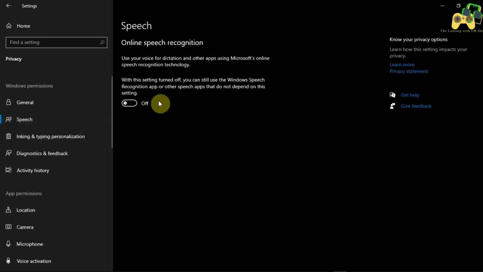If you use the Windows speech recognition feature, then you can keep this on, but I recommend keeping it off because apps like Cortana can really slow your PC down. It's your preference, your choice. If you want to keep it on, that's no issue. But you can also try it by trial and error. If off makes your PC a little better, then I recommend it off, otherwise you can keep it on.